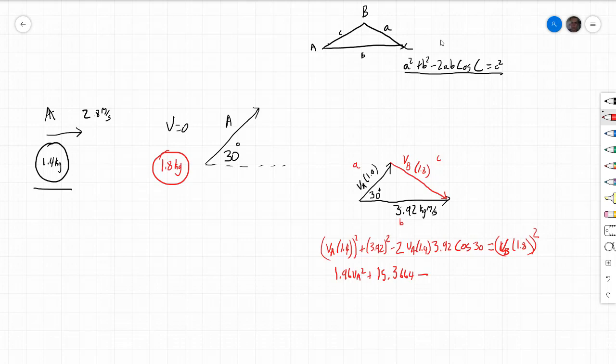And so 9.5 VA equals 1.8 squared, or 3.24